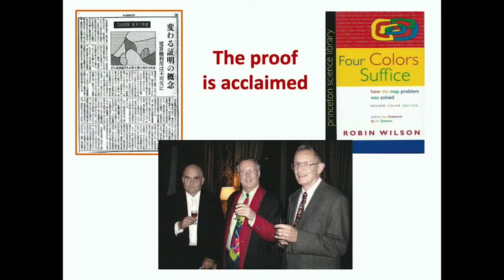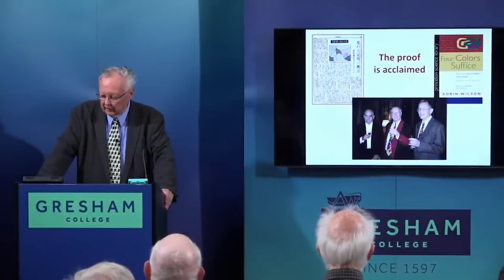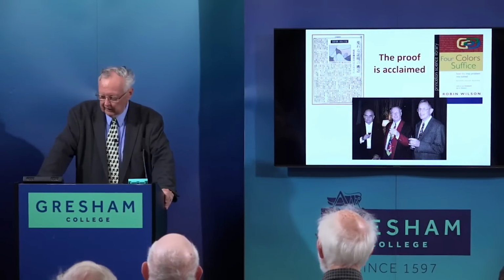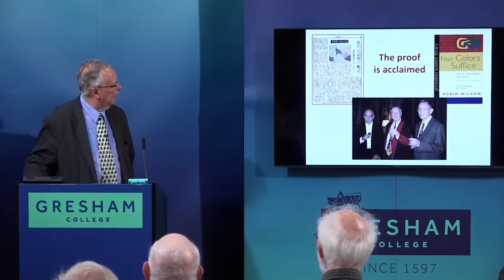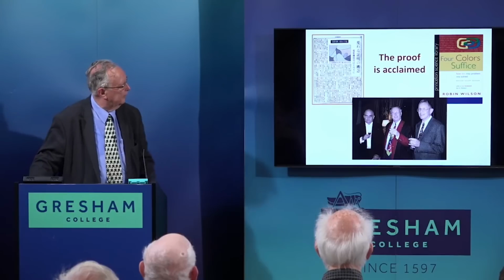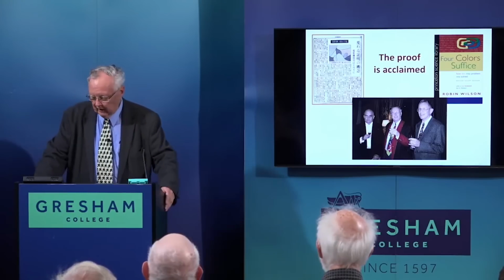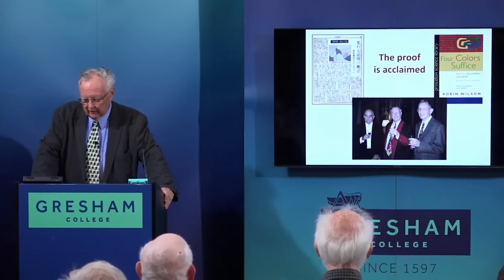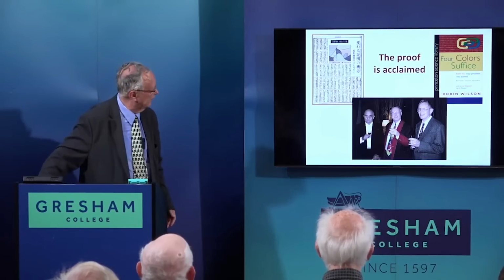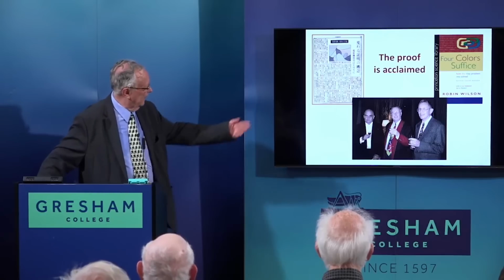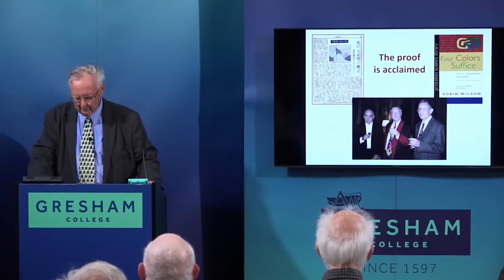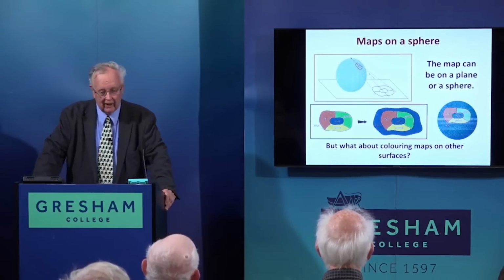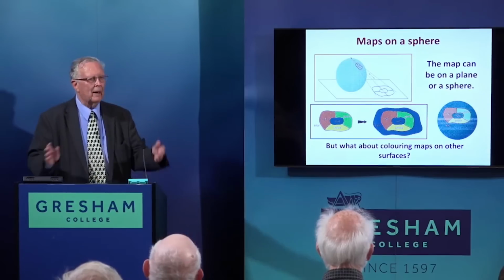It was acclaimed, but it also caused much controversy by mathematicians who considered proofs to be invalid if they can't be checked by hand. It was after it came, I wrote this book, Four Colours Suffice, on the history and solution of the problem, highly recommended. And in fact, when Appel and Haken came to England to give lectures on their proof, I was able to celebrate with them. But I'd like to conclude with another related colouring problem,